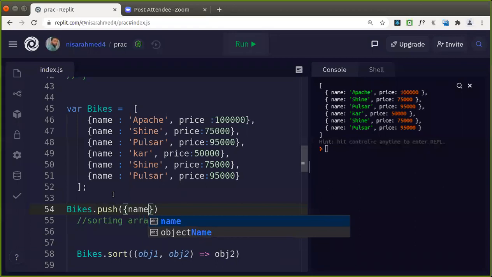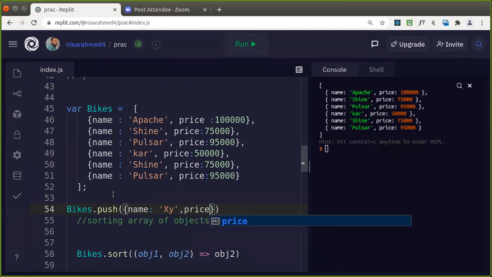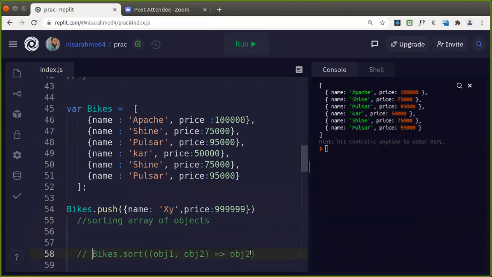Name, whatever is the name of the bike you want, giving XYZ. Then the price of that one. You should have the same structure. It's not the same, but for our convenience. You can see this was not there, and now you have added it. That way you can add it.